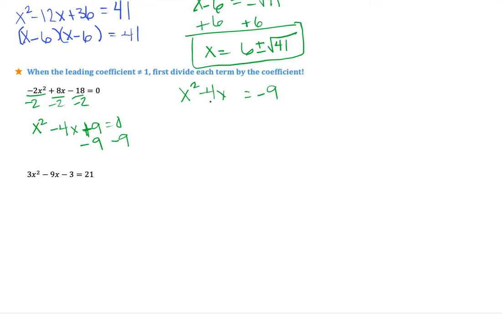My b is negative 4, so half of it is negative 2, and squared is 4. So I'm going to add 4 to both sides. Now this side looks like x squared minus 4x plus 4, and this side looks like just negative 5. My left side, I can factor it